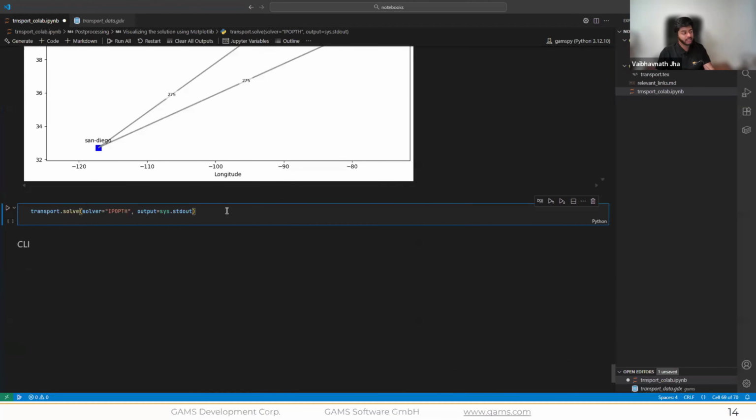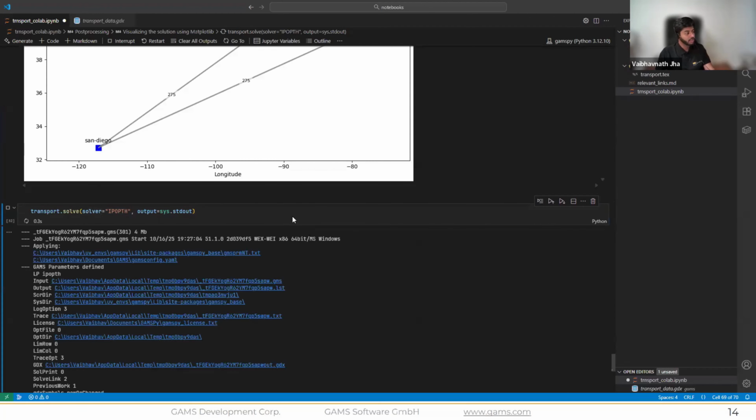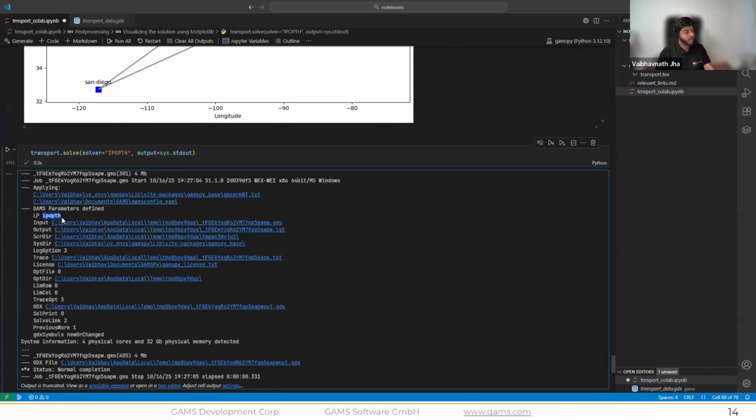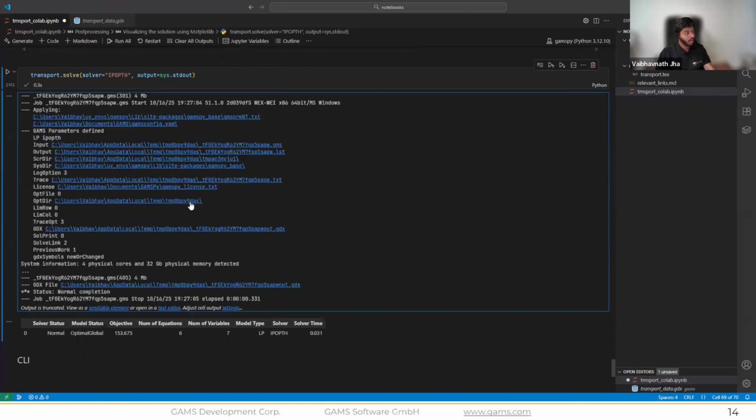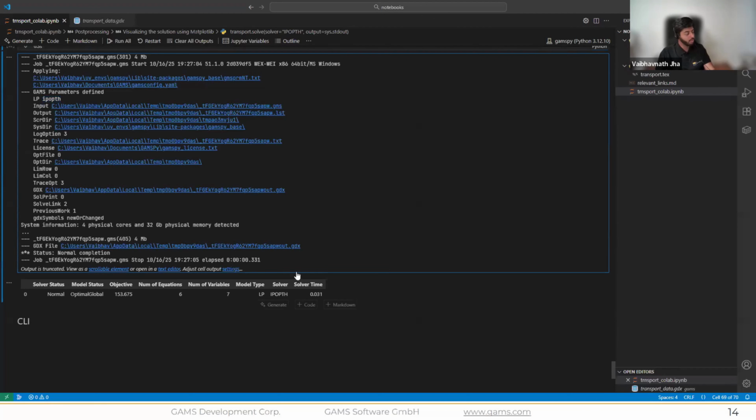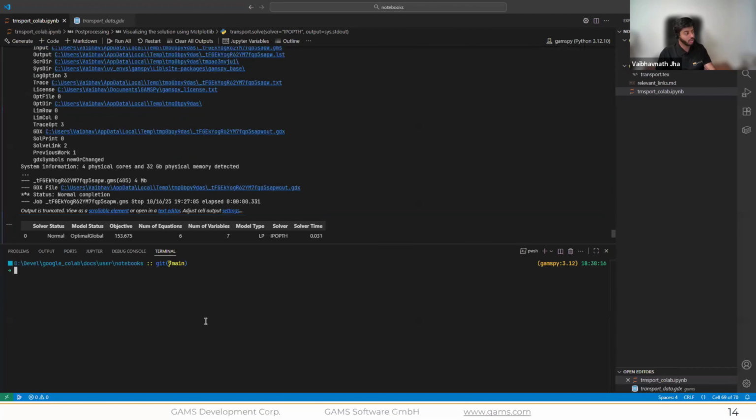And if you want to change the solver, you can do so by just specifying which solver you want to use in the solver parameter. And if I run this, now you will see GAMSPy used IPOPT in the background and not CPLEX as we did before. And finally, before leaving the live demo, I also want to mention how you can install a new solver. For example, let's look at how you can view all the solvers. GAMSPy comes with a command line interface with every GAMSPy installation, and you can list all the solvers which GAMSPy supports